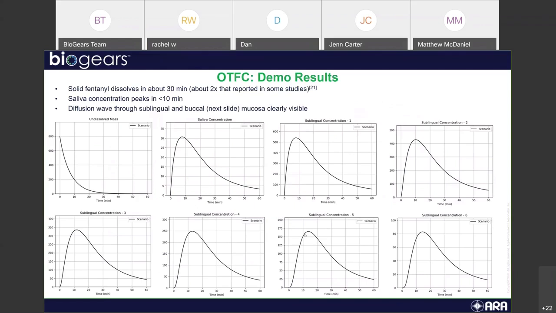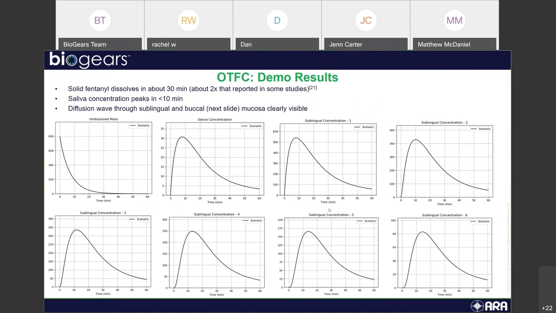So a lot of plots here. These are not as critical. Really, we're validating against the plasma concentration mostly. That's the target metric we want to hit. But I did want to show you what the output of this model looks like as you diffuse through the